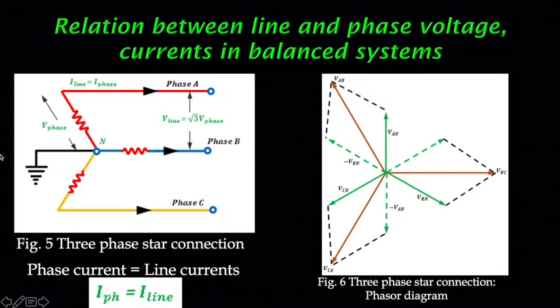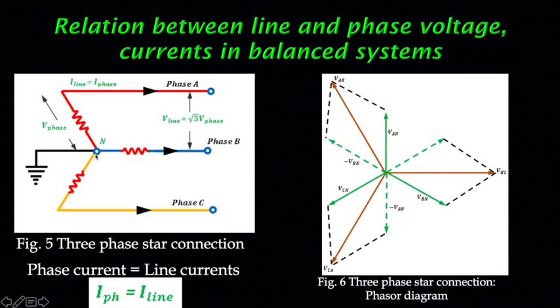Let us consider the terminals of the star connection as A, B, C. The voltage induced in each winding is called the phase voltage, and the current in each winding is known as the phase current. So, VAN, VBN and VCN